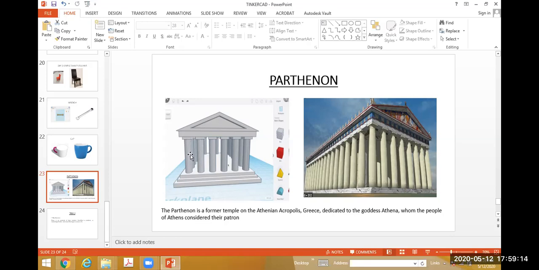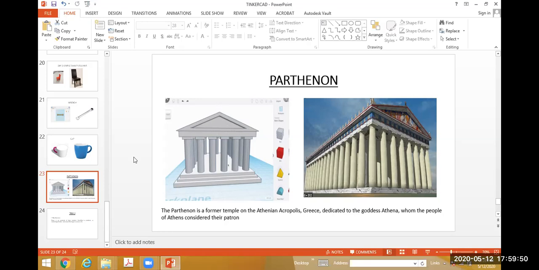So you have to create the columns with the help of the basic shape called a cylinder. Then you can see in the bottom side 3 steps. You can create these 3 steps with the help of box. On the top of this column there is one square block, and again on the top of that square block there is one large square block. You can create this square block with the help of box command. Then on the top you can take the roof command. With the help of this roof command you can complete this.